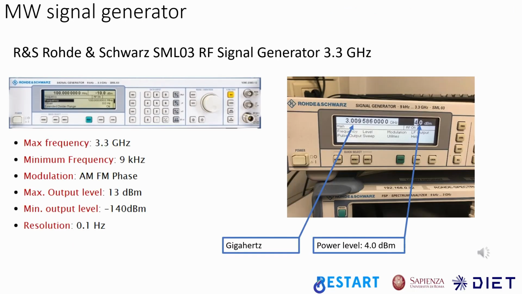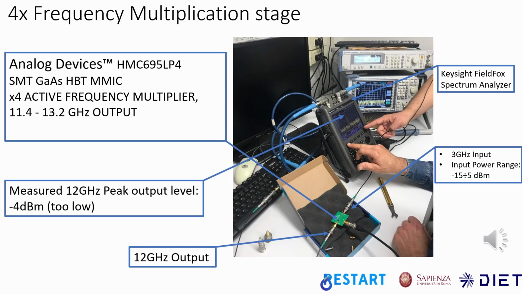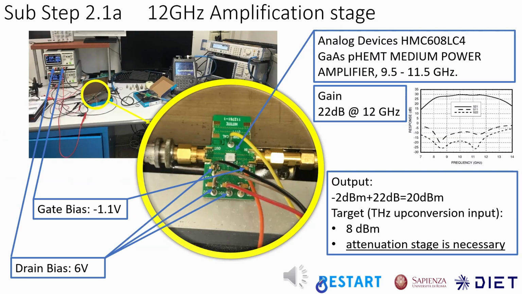To generate a 3 gigahertz signal modulated in on-off keying, we used a Rohde and Schwarz radio frequency signal generator, driven by an external square pulse generator, to perform an amplitude modulation at 100% modulation depth of the carrier. Then, we use a frequency multiplication stage to achieve a signal at 12 gigahertz. The 12 gigahertz amplification stage is necessary to achieve the required output power level to be fed to the subsequent